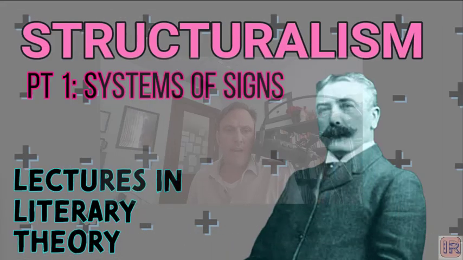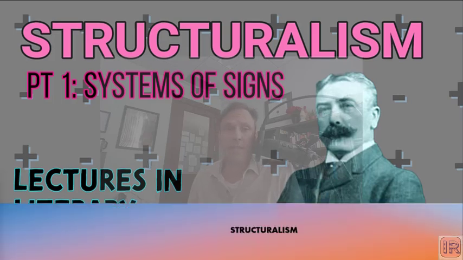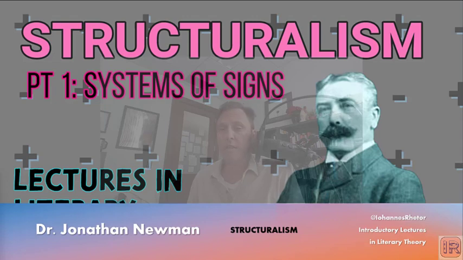This is Ferdinand de Saussure, a person whose ideas helped transform the study of literature and culture in the 20th century through the school of thought or the approach to signs and symbols that came to be known as structuralism, and which generated the science of semiotics. I'm Dr. Newman. This is our lecture on structuralism in our series on lectures on the literary theory,